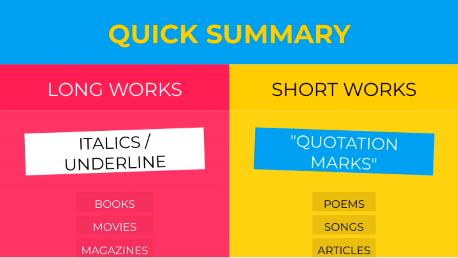Today, we're going to talk about different types of written and visual works that we often encounter. First, we have articles, which are typically shorter pieces that provide information or opinions on a specific topic. Then, there are songs and poems, which are creative works that express emotions and ideas through rhythm and language. When referencing these works, we use quotation marks to show that we're quoting someone or citing a title within a